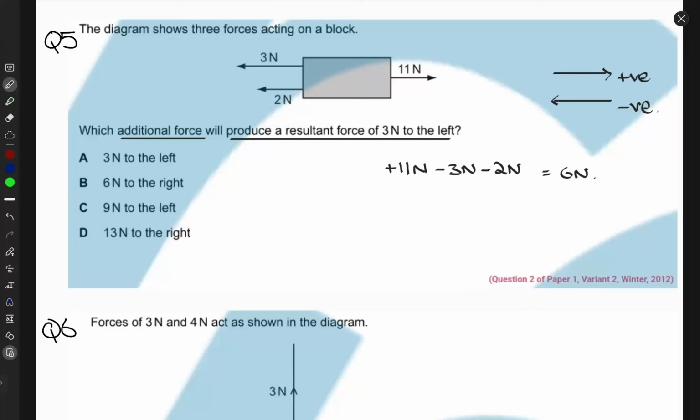So now I want to add a force on this object which would make this 6 newtons actually 3 newtons. In fact, it would make it minus 3 newtons. So what force should be on this object so that this thing becomes minus 3 newtons? So I'll just choose the right answer over here, and I'll